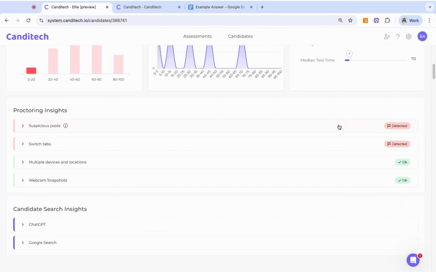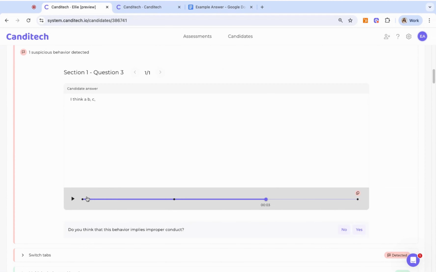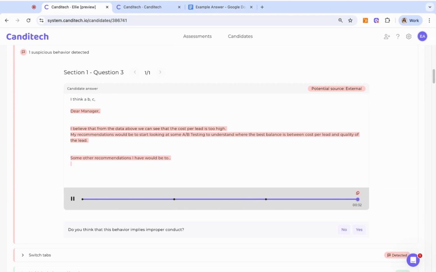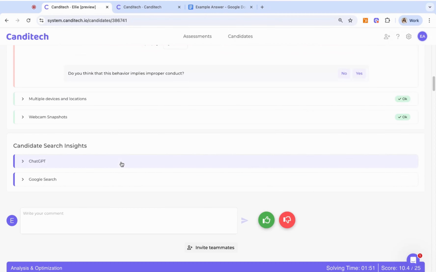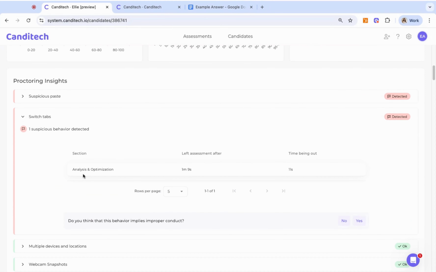If you see a red flag, we can click it, we can expand it out, and we can see everything that happened. So as you can see, not only was there a copy and paste, we're going to see exactly what was pasted and when. And we also have a red flag in the tab switching. So again, we can see what section the candidate was in. We can see how far into the test time they were and how long they were out before they returned